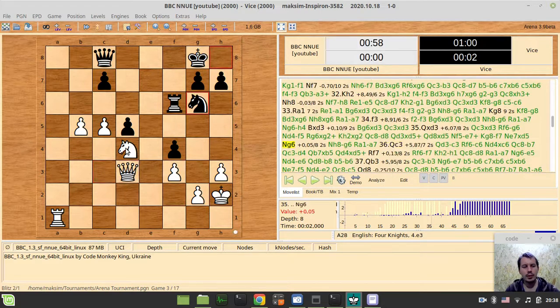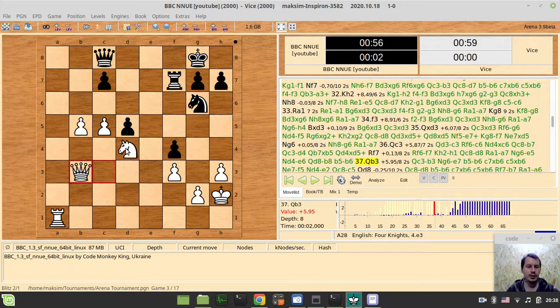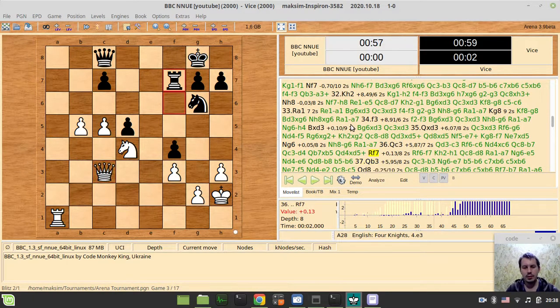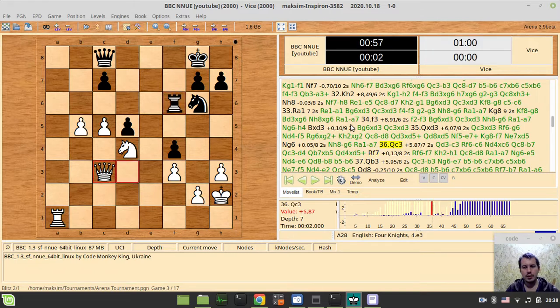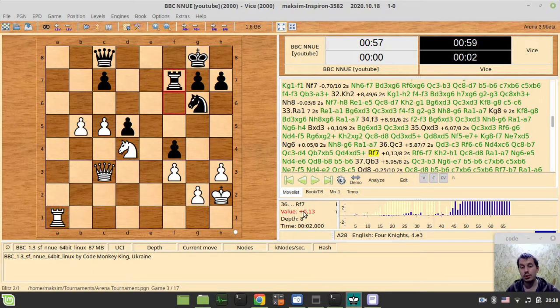The game was going, and so let's calculate the material. Equal on pieces, 1 2 3 4 5, 1 2 3 4 5. Actually equal on material, but you just have a look at the evaluation. So BLITZ considers his position to be slightly better, believe it or not. So 0.13,